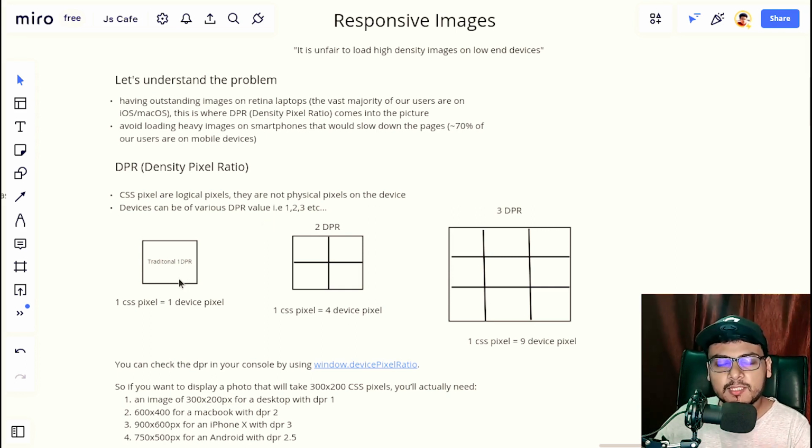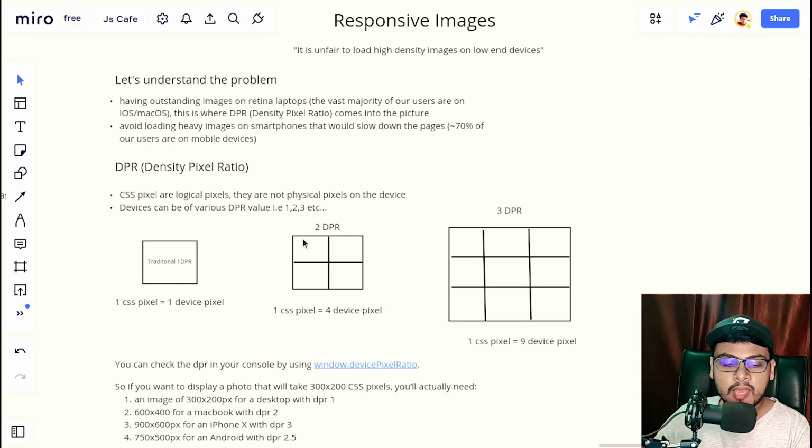I'll explain this once again. If you are on a regular device that has 1 DPR, 1 CSS pixel equals 1 device pixel. So if you say 1 pixel in CSS, that would be equivalent to 1 pixel on the screen of the device on which you are rendering your website. That is perfectly fine. But when you switch to retina devices, for example MacBooks,